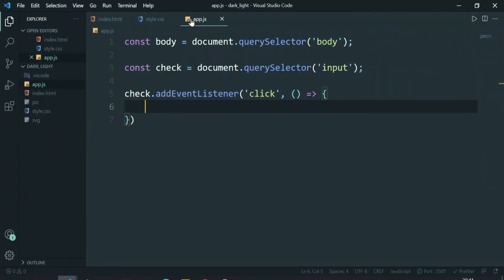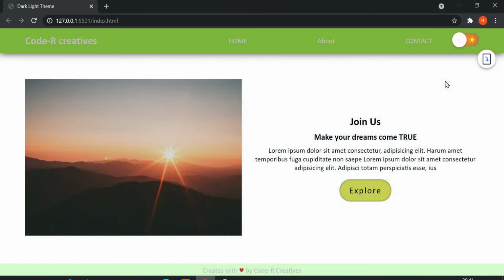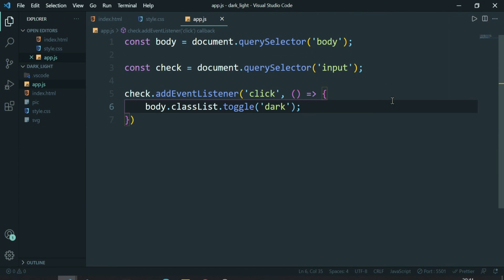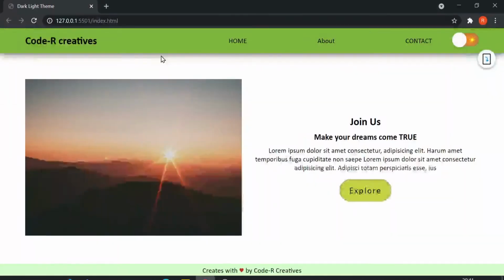Now we should add it over here. Now it's working fine. Before declaring, you have to check this: if you are giving a theme purposefully in the beginning, then you should not add dark, instead you have to add light, and then you will have a dot light class, something like that.